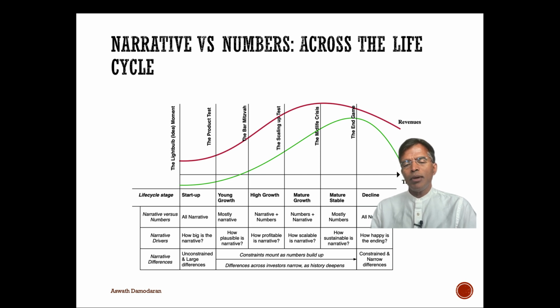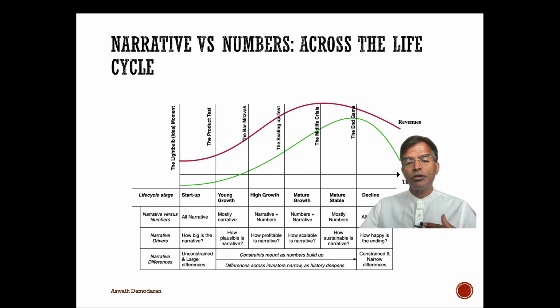And here's the other dimension on which you might see differences depending on where a company is in the life cycle. Remember I said valuation is a bridge between stories and numbers. Early in the life cycle, if you look at where your valuation is coming from, it's coming primarily from the story. Why? There are no numbers on the ground. There is no history to look at. So early, when you value young companies, it's the story that drives your valuation, and how much value you get will depend on how big the story is.